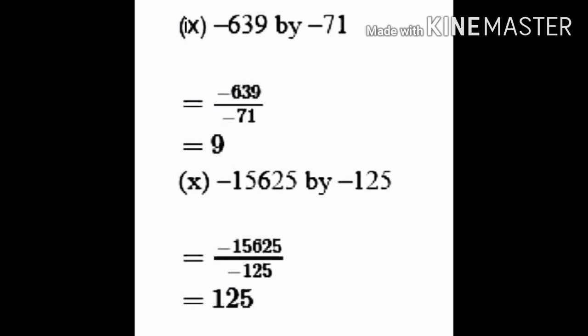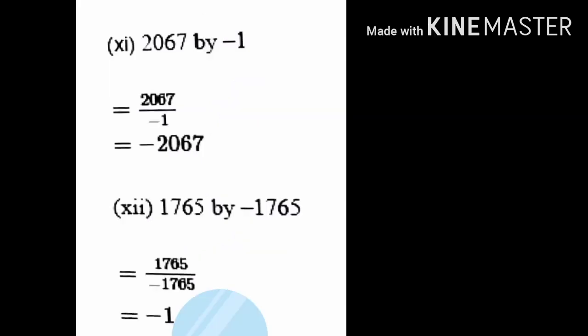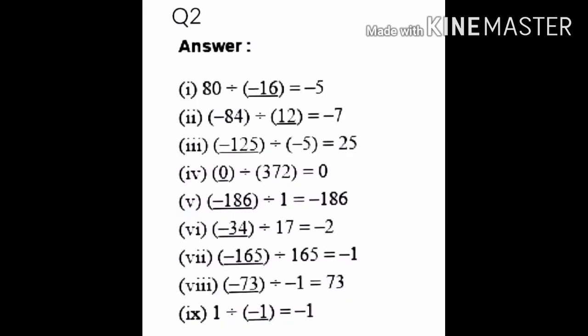Remember that you have to show the division in your classwork copy. You will be showing them. The long division, you will be showing all the divisions properly. I have done it for you, but you will be showing me the divisions in the classwork copy. Now question number 2 is fill in the blanks. 80 divided by blank, and it's written minus 5. So 80 will be divided by minus 5 and we will get minus 16. Similarly, the rest of the sums are being done for you. Please go through them. If you have any doubt, you will be asking me.